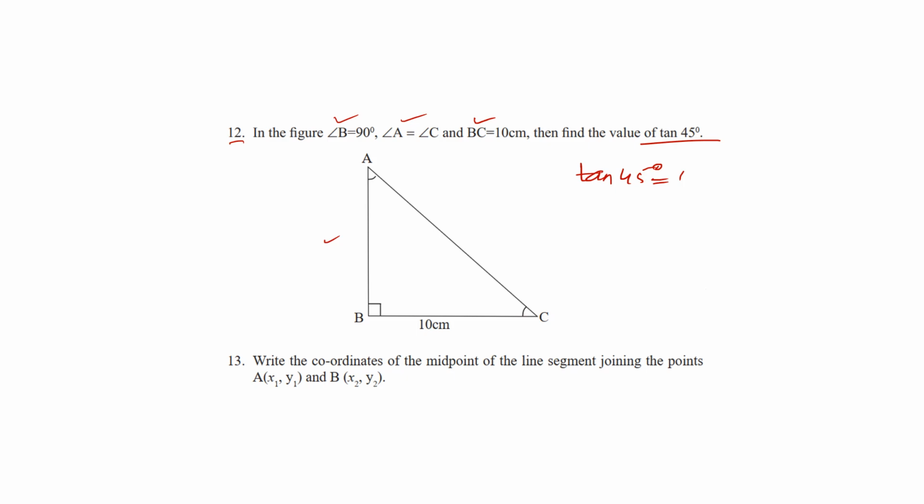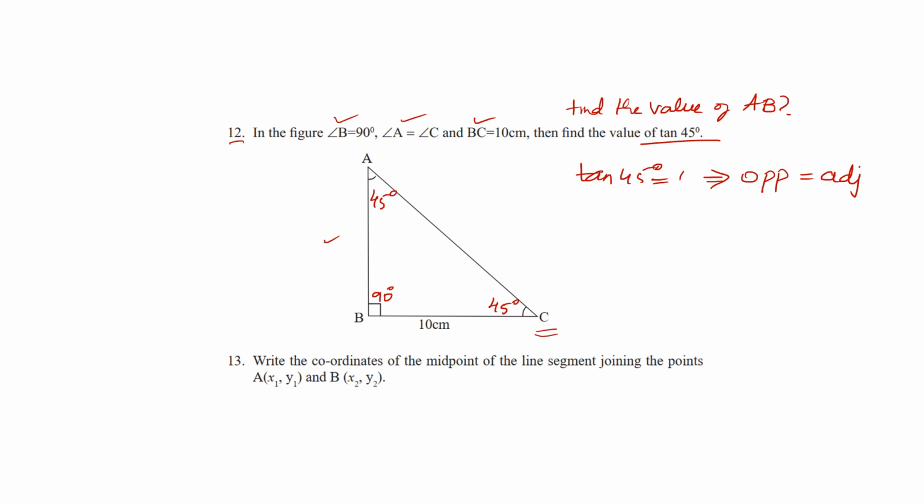In case the same question is asked like this, find the value of AB, then all these data are required. Then what they have given is tan 45. If it is tan 45, then opposite is always equal to adjacent. If it is 90 degree, angle A and angle C are equal, so the rest of 90 degrees divided into 2 is 45 degree.